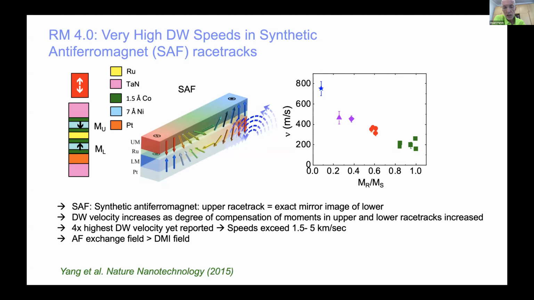But in this synthetic antiferromagnetic racetrack, we discovered that the antiferromagnetic coupling through the ruthenium of the lower and upper cobalt, nickel, cobalt layers gives rise to an additional torque, which we call the giant exchange torque. The size of this torque is reflective of the strength of this antiferromagnetic coupling. And it's so large that it dominates the torque provided through the current provided by the platinum. And this torque then moves these domain walls more efficiently, up to 5 times faster, we found, than the simple